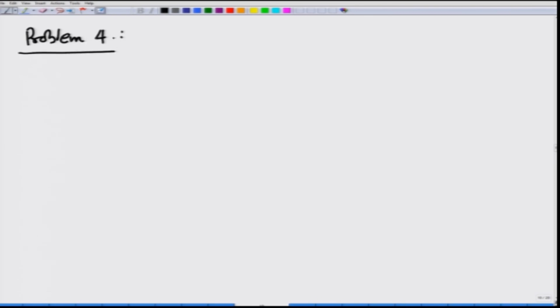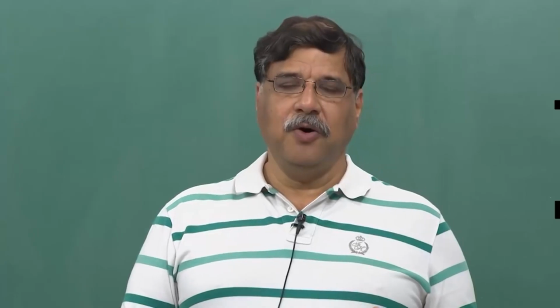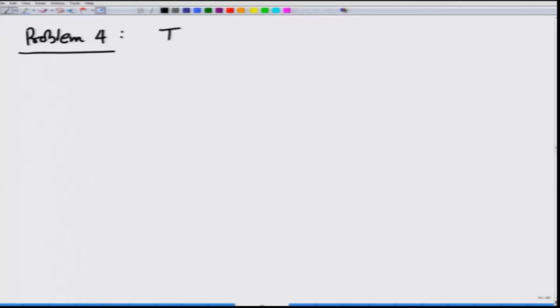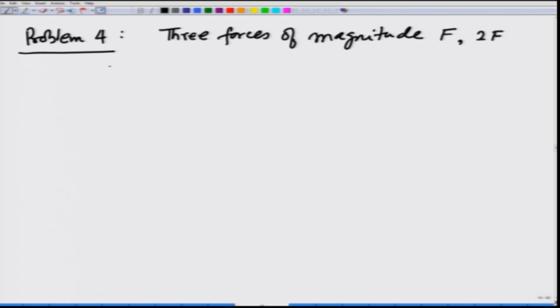Again, this problem will give you an idea of 3-dimensional visualization and also how we add vectors algebraically. So, the problem is 3 forces of magnitude F, 2F and 3F act at a point